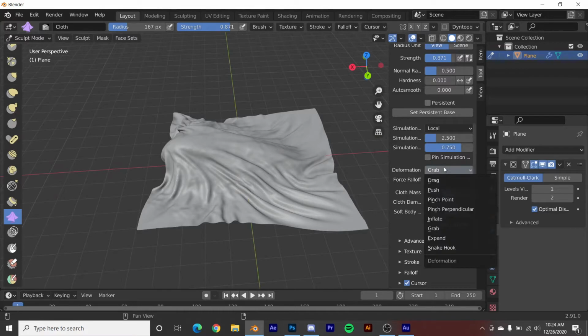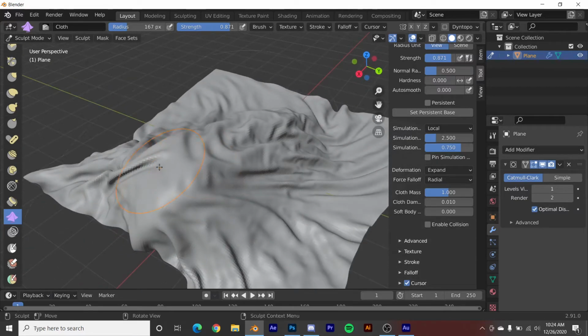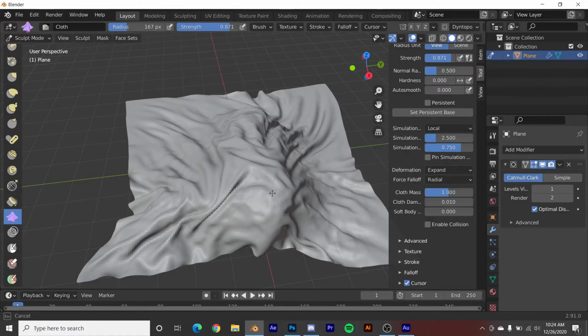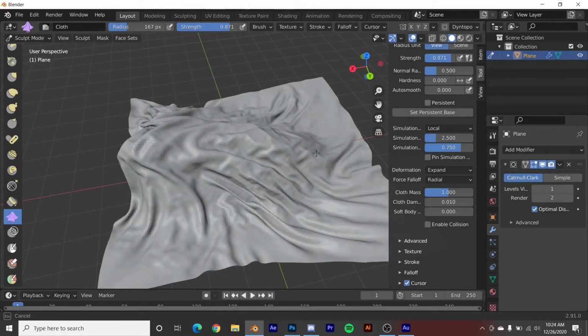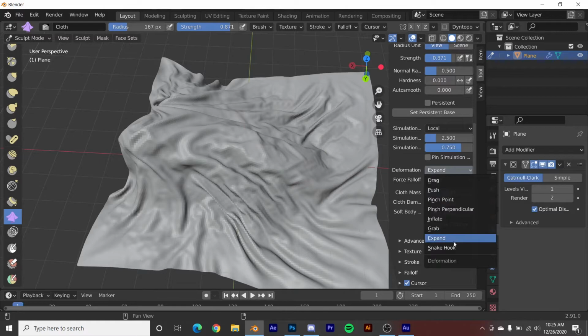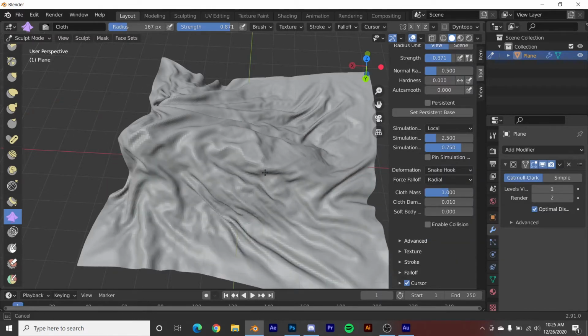And let's go here to expand. This one's fun. So expand is great for detail. So say this is, I want to add more wrinkles to this area. It's too flat. You go to expand, and it relaxes it, and it adds those details in the cloth in similar fashion like that. Now we're going to go here to snake hook, which one I don't quite understand,